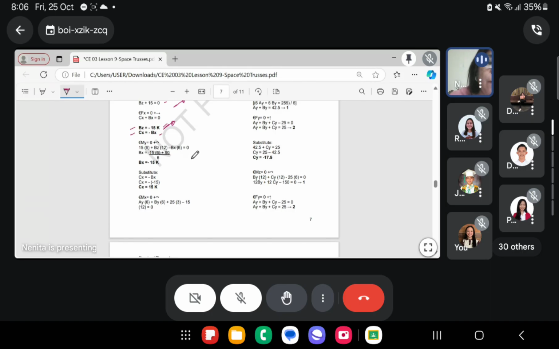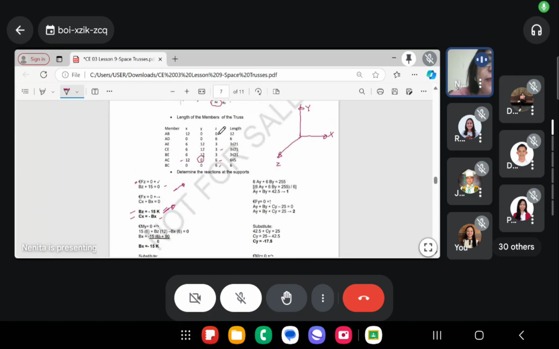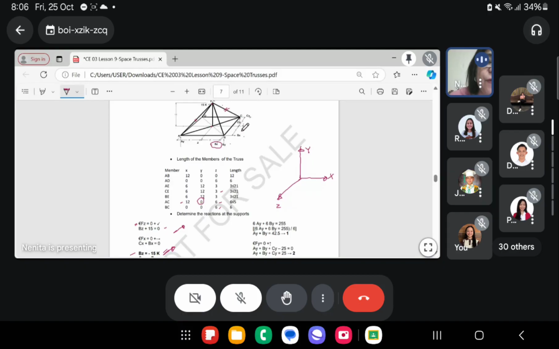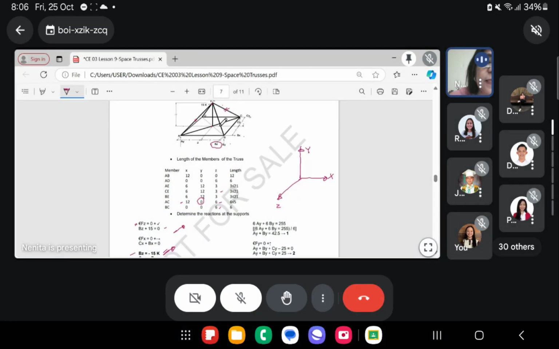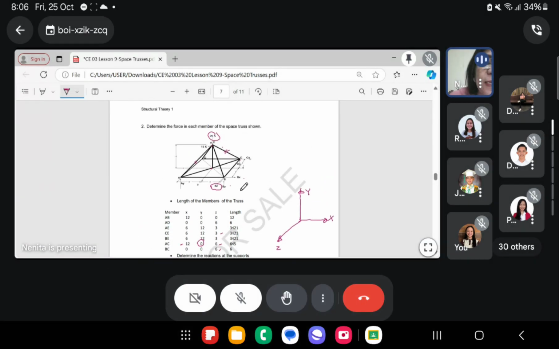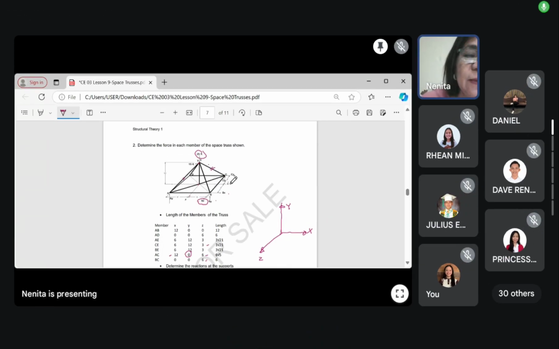The summation of moment along the x-axis. Yan. So, lagi niyong babantayan ang figure nyo, ha? Importante ang figure nyo in determining the equation. X-axis. Yun yung ating x-axis. Anong makikita natin sa x? Dapat yung mga perpendicular distance, ano? Okay. So, therefore,